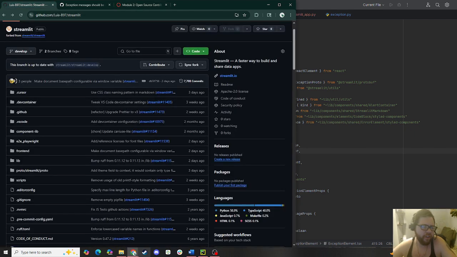I chose to work here in Streamlit. Streamlit is a popular open source framework for building data applications in Python. The reason I chose this is that it has over 3,500 stars on GitHub. It's been active for a long time. It's maintained by hundreds of contributors on a daily basis, and it makes an excellent choice for the open source contribution